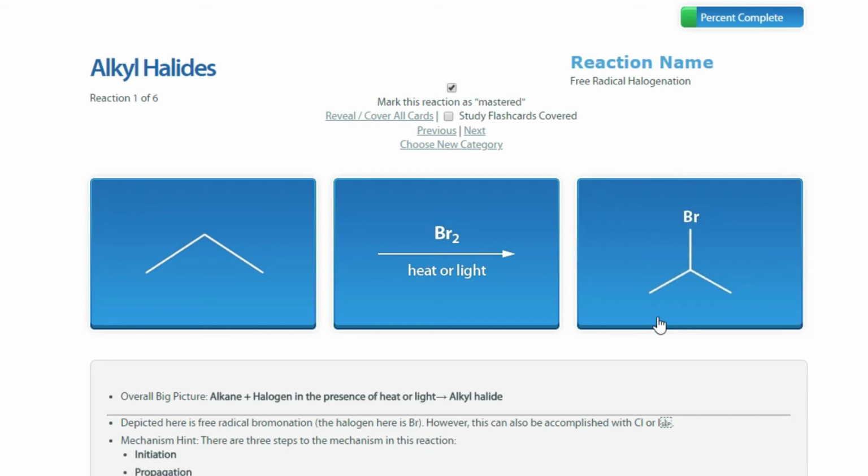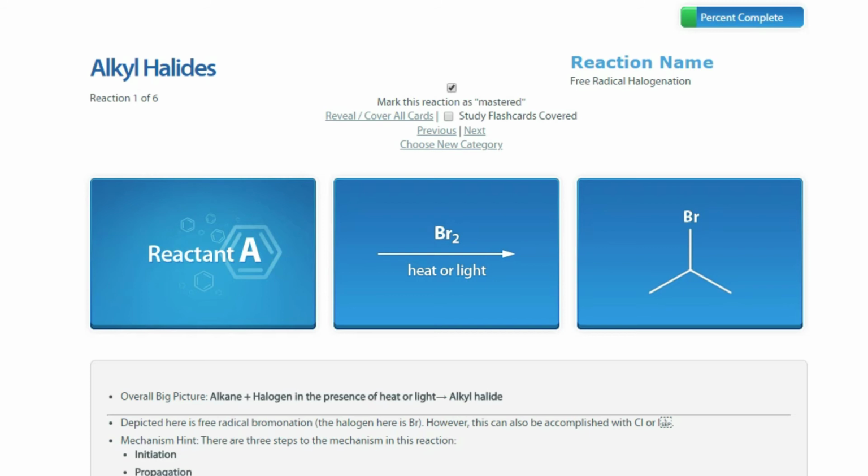So let's say, for example, we do know the product and we know one of the reactants, but the other reactant here we don't know, so this makes it very easy for us to study these kinds of situations as well. We can remove one of the reactants from this particular case, and if we know what we can add to this reactant to make this product, or on the flip side, we can even remove this reactant and flip it. So if we know this reactant, and we know what we need to add to this reactant to make this product, this is basically just covering all of our grounds here,